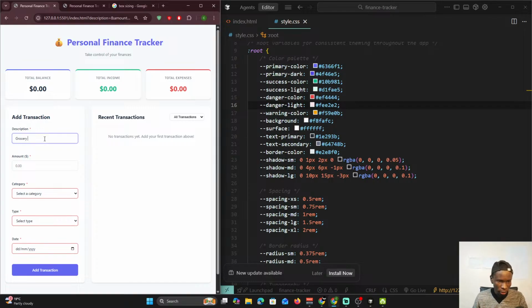So I have to fill this grocery. I have to add, let's say, the amount. Select the category. Let's say this food and dining. Then for the type, this is an expense. Then the date, I can use today. Then if I add the transaction,